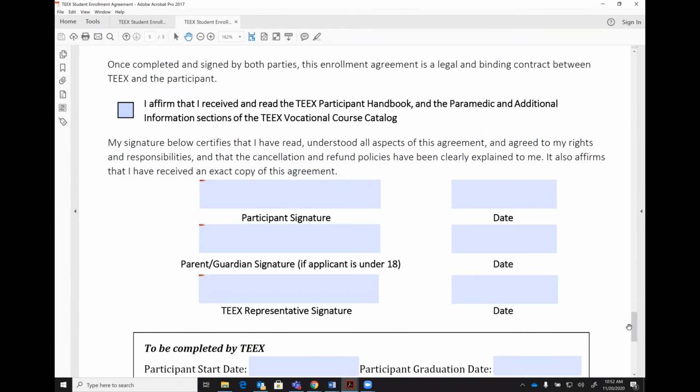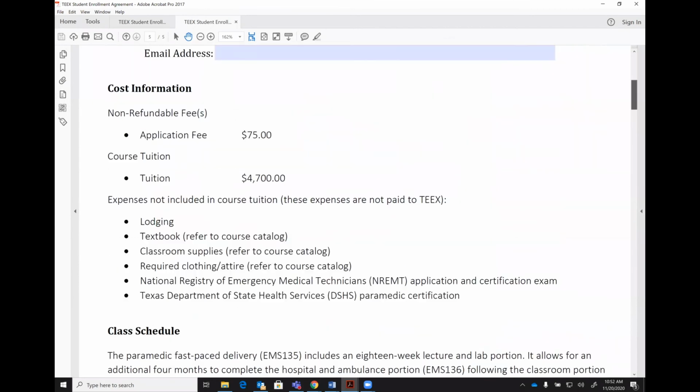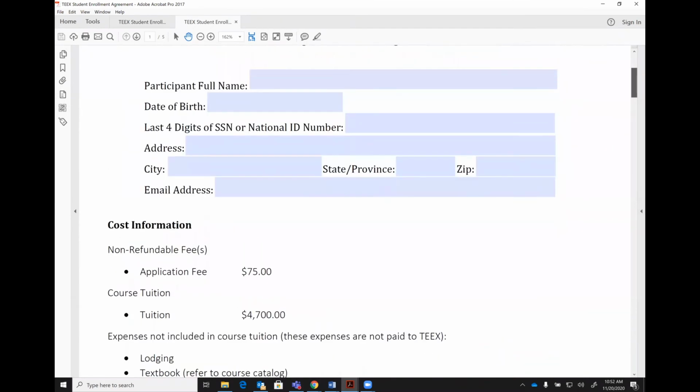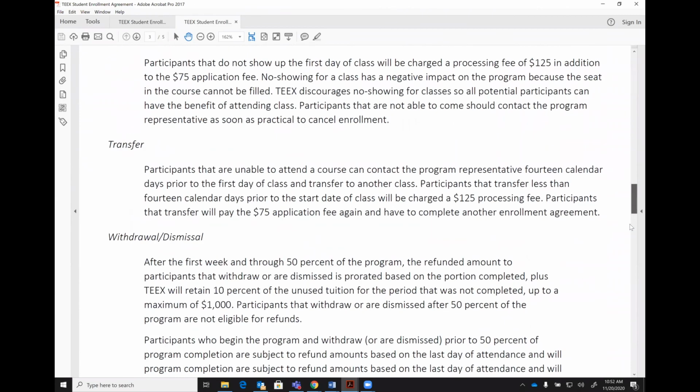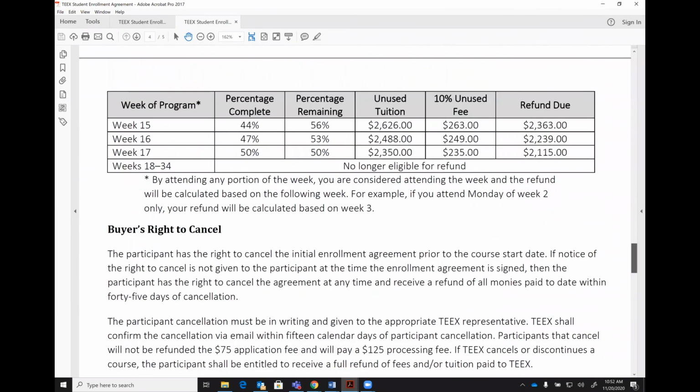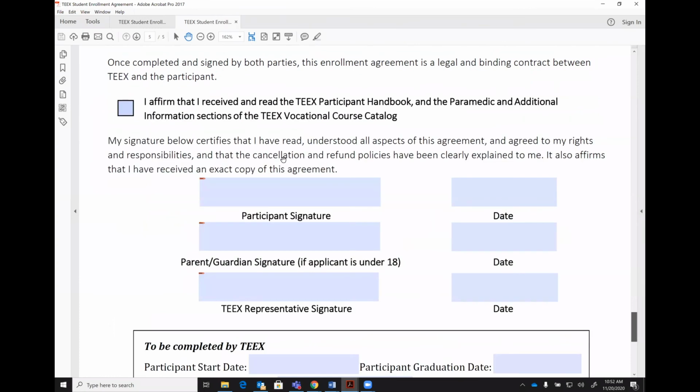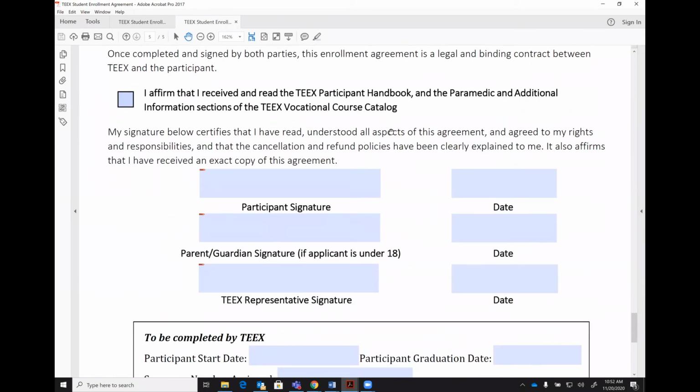And so you'll see here, this is what the document looks like. You can fill in all the form fields. And then please do read all this information. It's very important that you read this and that you agree to it, because at the bottom you do affirm that you have done so. And then you will sign here. This is where you put in your digital signature. So you will sign this form and then you will save it.